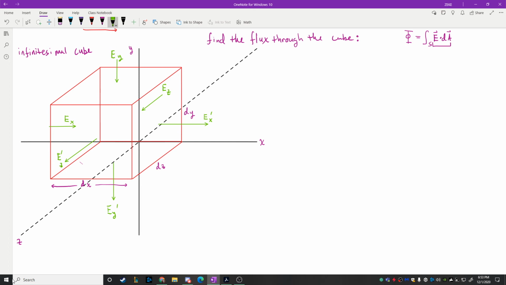And we're going to prove that it's related to the divergence of the field. So that's our first goal here: we want to prove how divergence is derived from flux, so we can understand what that idea is. And then connect it back to Maxwell's equations. All right, so let's do